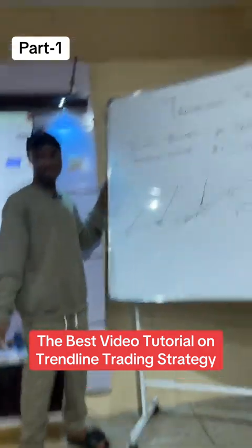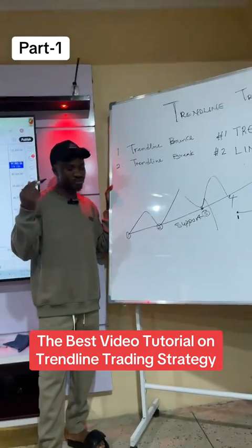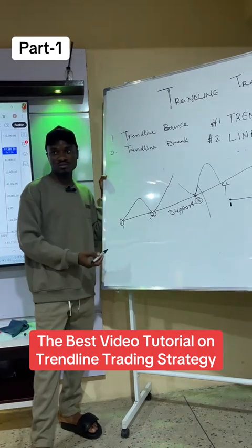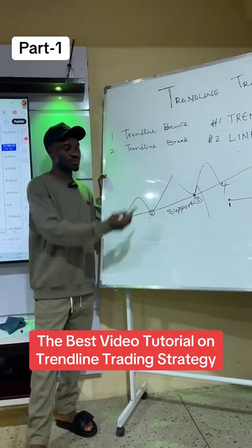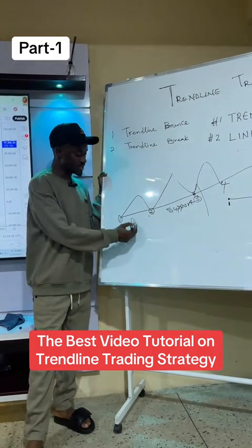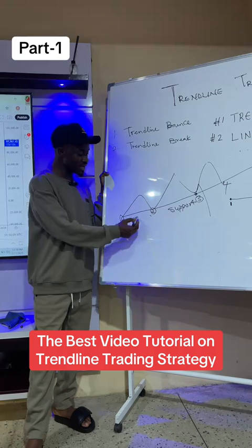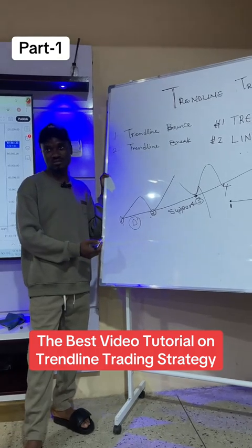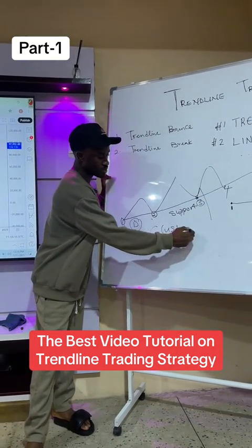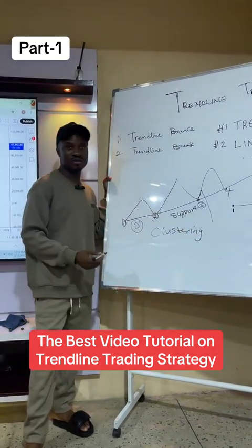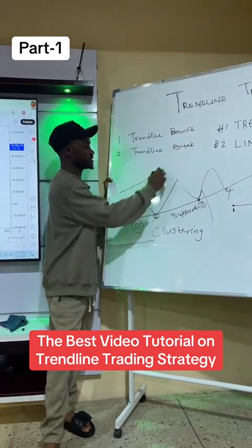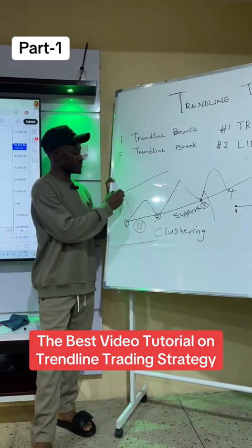And then if you are trading trend line, you need to understand that trend line is more than just test and test and test. Remember what I told you, based on line definition, the distance between 2 points. Now, based on the distance, you need to understand the strength of that distance. Because there's something we call clustering of price. Clustering. When something is clustering, it means, let's say for example, we have a line like this. And we have tests like this.